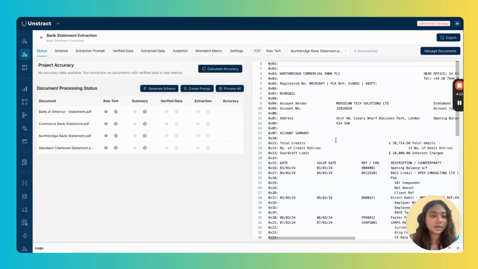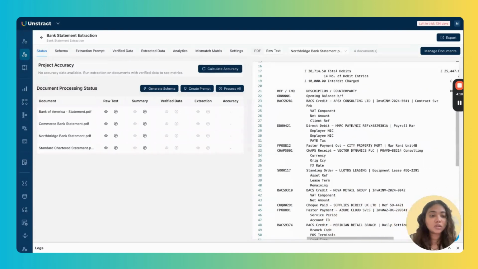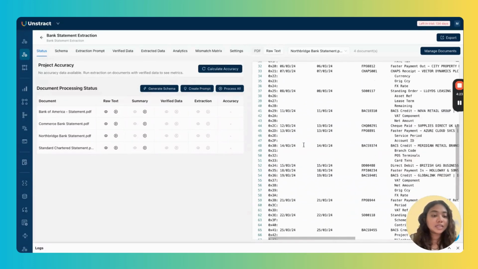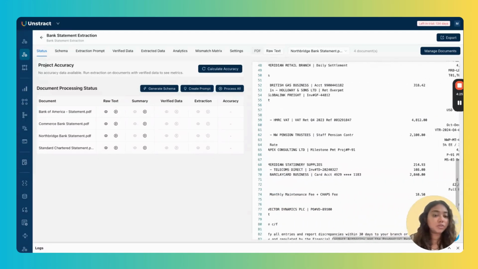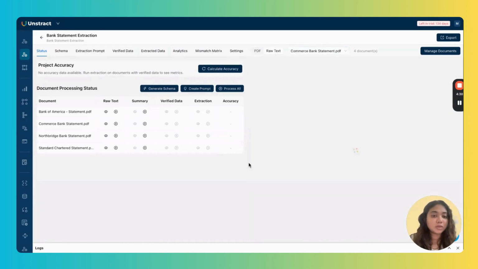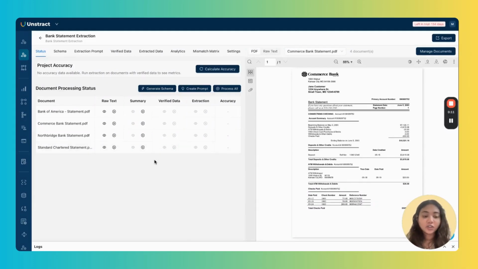So this is the complex bank statement that we saw with the tightly packed table, and we have all the details extracted over here by LLM Whisperer. This is basically the context that the LLMs will be using for data extraction. You can go through this for the other documents as well when you upload your particular statements for extraction. Now that your raw text is extracted and you have the LLM ready context, you can kickstart the schema generation pipeline. The first step over here is to enable the summaries of each of the uploaded test documents.